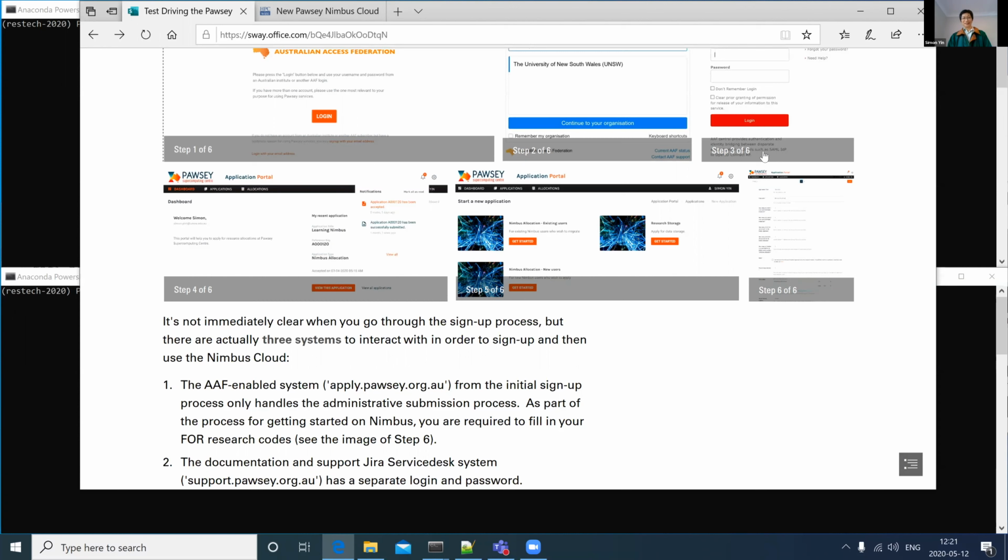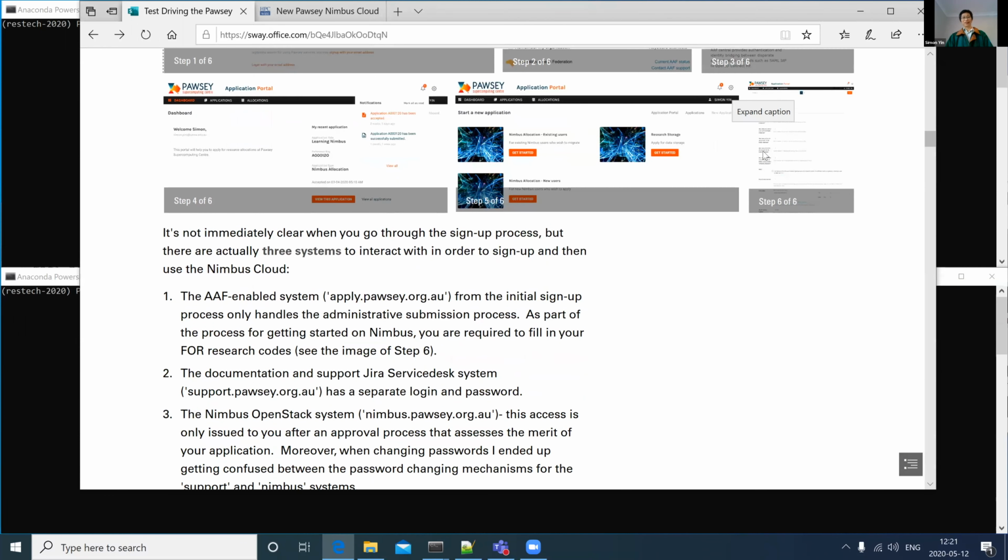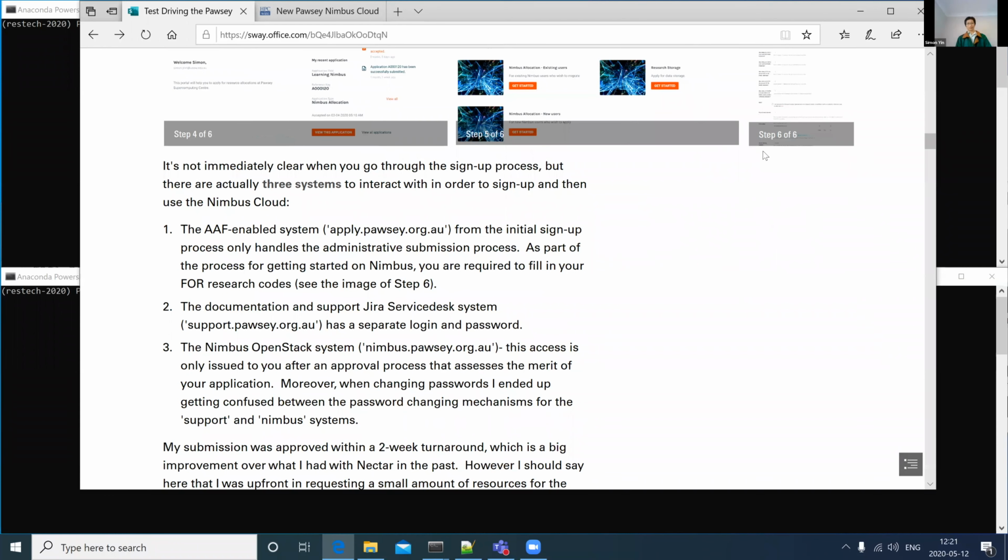And then the next thing, so if you've done all this, a 2-week turnaround was what I experienced. And this was a big step up, actually, from Nectar, where I felt when I requested stuff in the past, it basically ended up in a gap somewhere, and no one came back to me. So I was pleasantly surprised that I got a turnaround within 2 weeks, and I was also given the allocation,